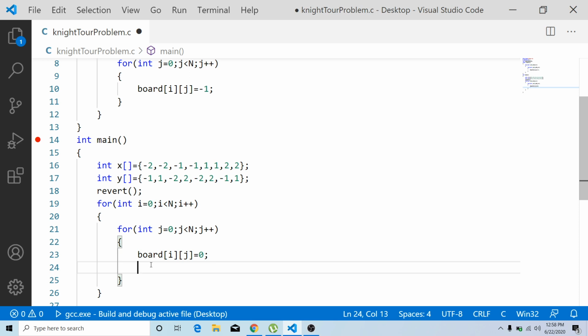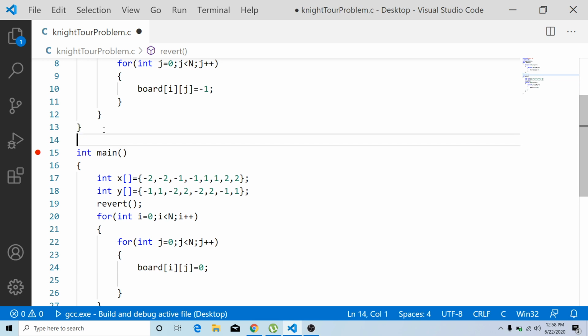For this we will have a function called solve. We'll stop it here and let me come to that function. That function is going to return either 1 or 0. If it returns 1, then there exists a solution when you start with the 0 comma 0 cell or 0 comma 1 cell.